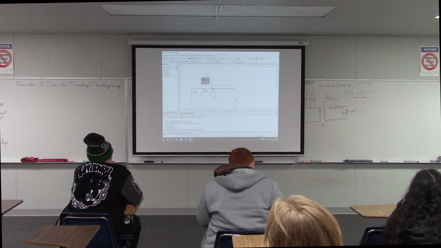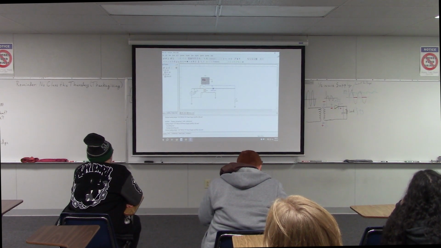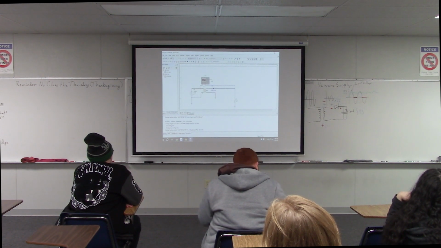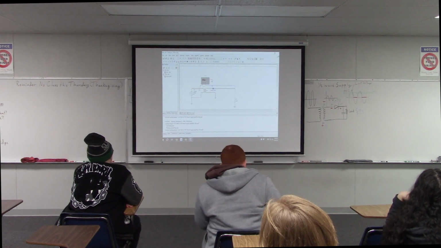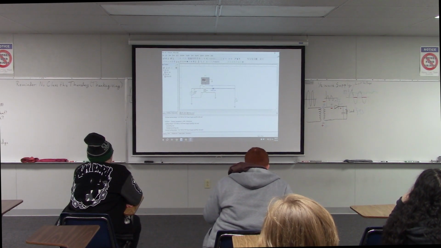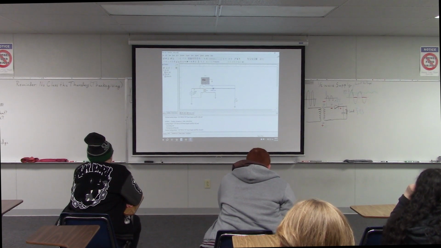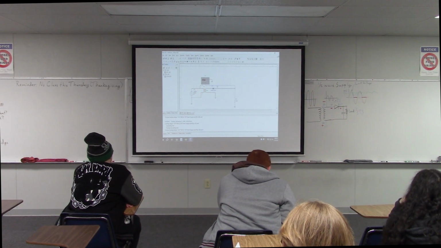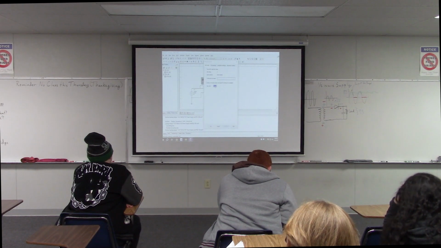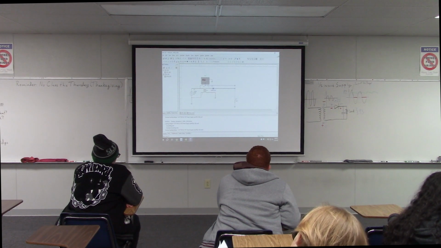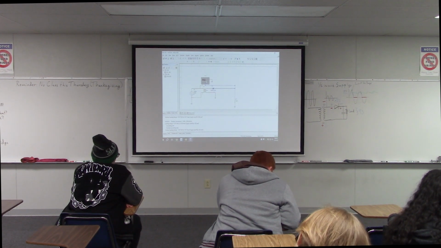Now, I'm not sure if you can tell on the screen up there, but this wire on the left is a red wire and the wire on the right is a blue wire. So when we look at the oscilloscope, whatever wire is red is going to show up as a red trace, and whatever wire is blue is going to show up as a blue trace. We could actually change those around if we wanted. We can double click on that and change the color, but we're going to leave it blue and red for now. So we're going to run this circuit, and then we can open the oscilloscope,